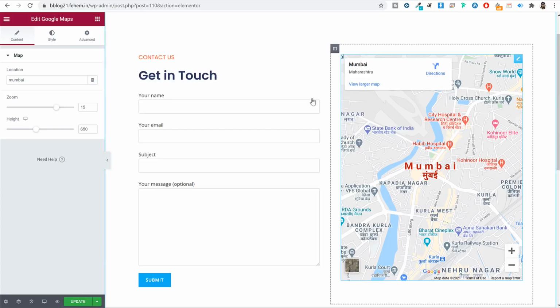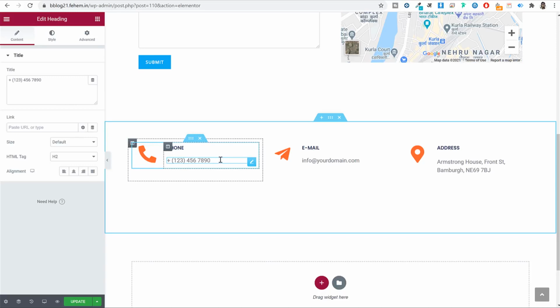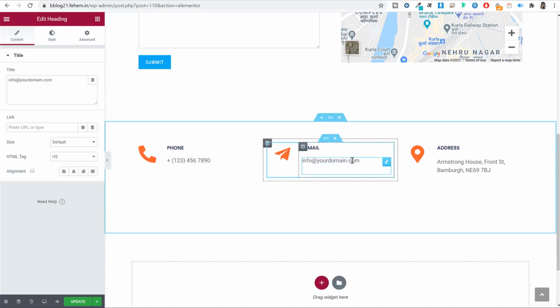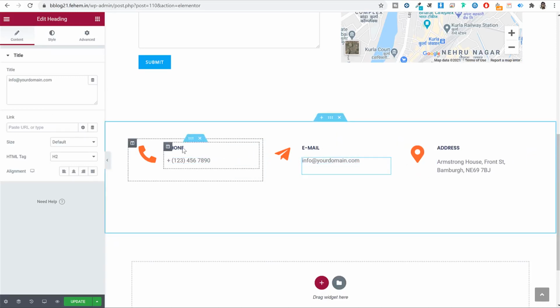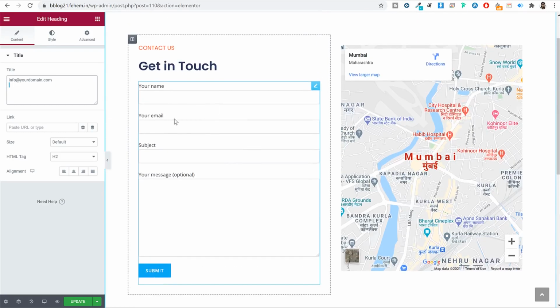Okay, you have this map. And after that, you have your address and all. If you want to change your phone number, just click on this and change your phone number. Similarly, if you want to change your email address and all, just click on that and change that thing. Simple heading is used over here. Now for this contact form, if you click on this contact form, you'll see this is a